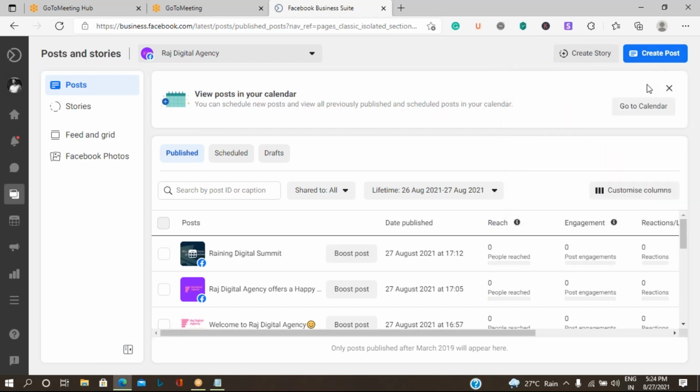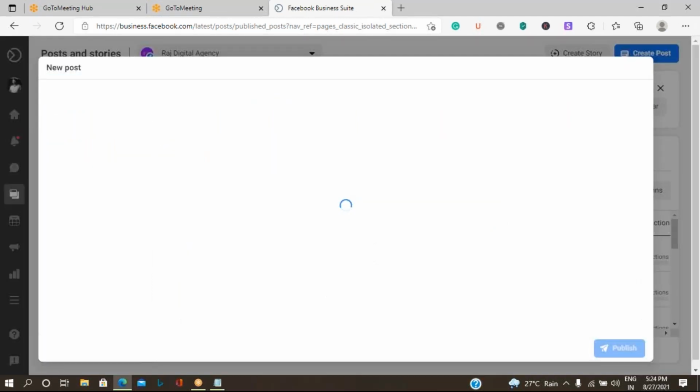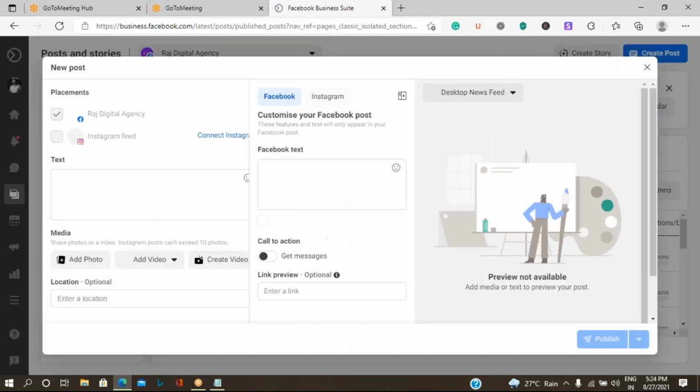Now there is an option on the top right hand side. Click on create post. Now it is asking whether you want to run this post only on Facebook or on the Instagram account also.